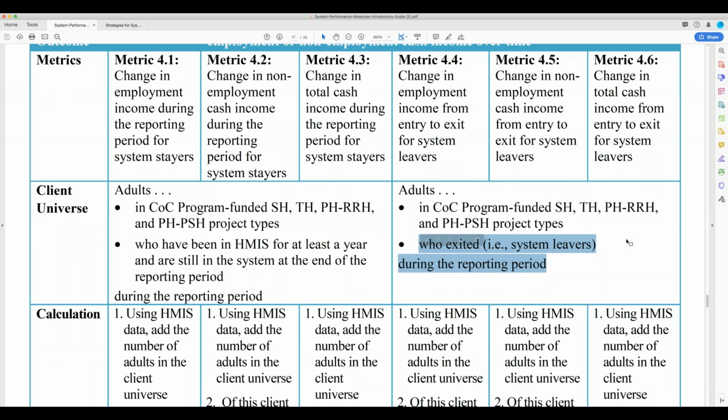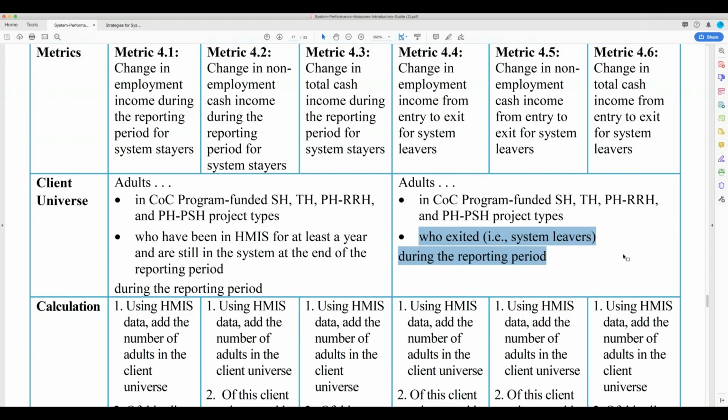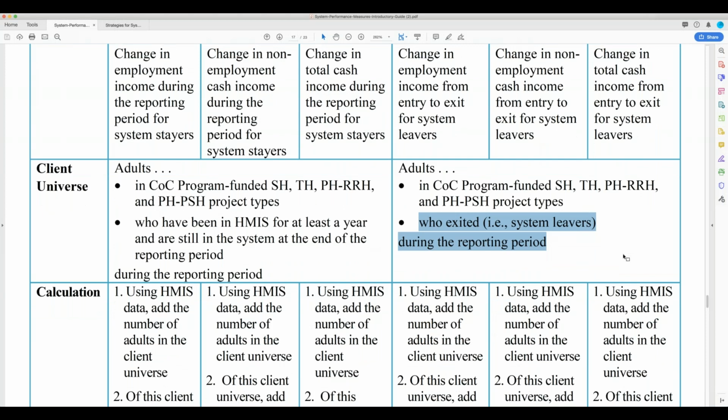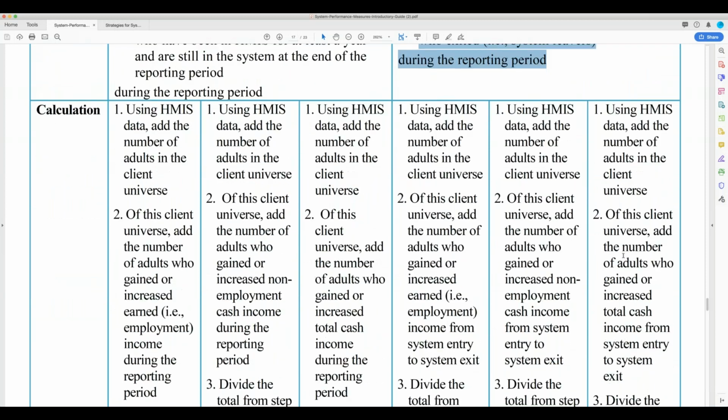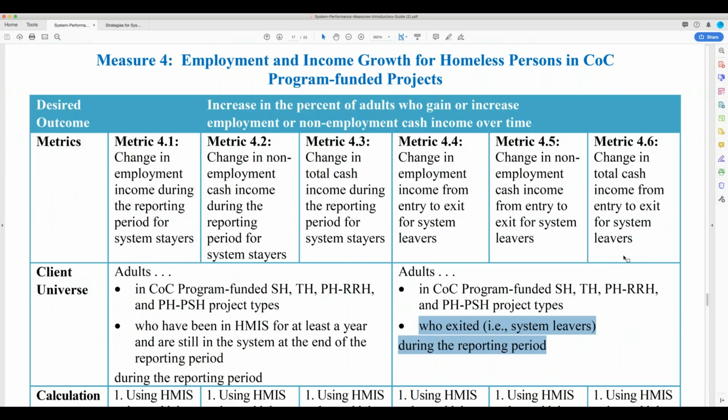So at exit, you would be doing an exit interview, and part of that exit interview for our HMIS participating partners is what was their income at exit, and what were the sources of that income? So did they get connected to anything during their stay with you, while you were working with them, that they didn't have previously? Okay, so this metric number 4 is really the biggest one in terms of having a differentiation